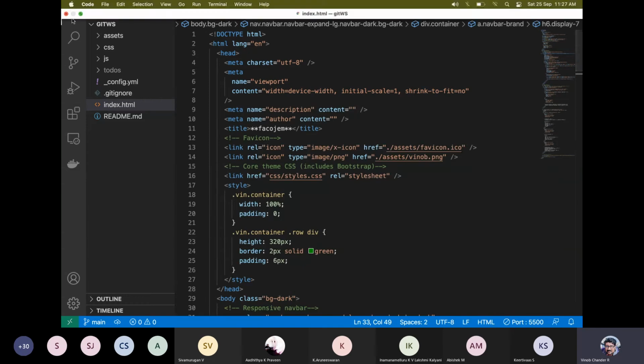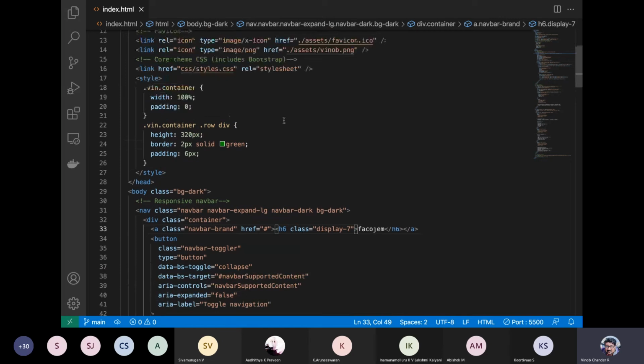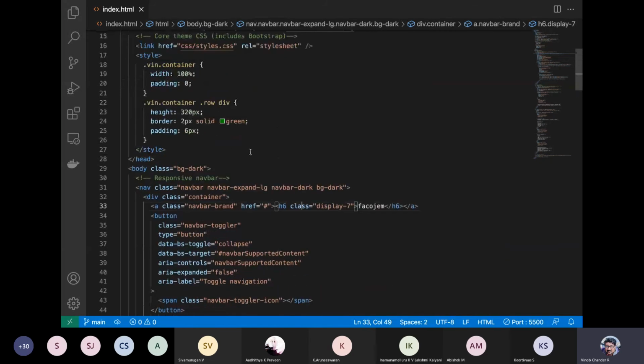So let us just close this and make this a little bit bigger so that we can see the code and look for the background color. Okay, we have the background color as say bg-dark. Now say for example, let me have a different class, right? You can say danger. There is info, there is primary available. You can play around with different colors, or you can give an RGB style color, right? Now this is a Bootstrap class.